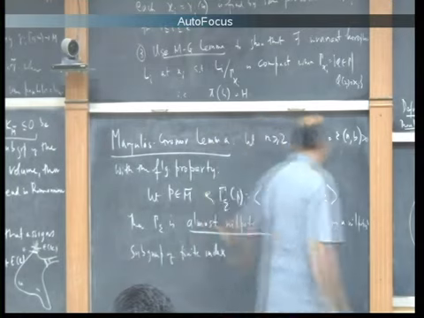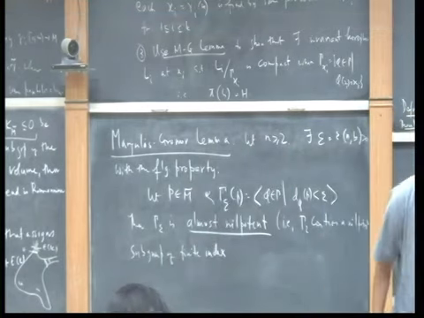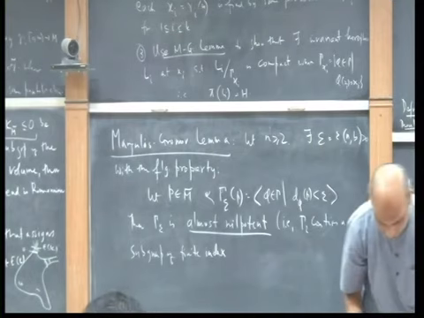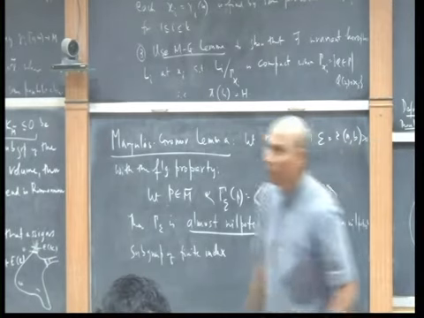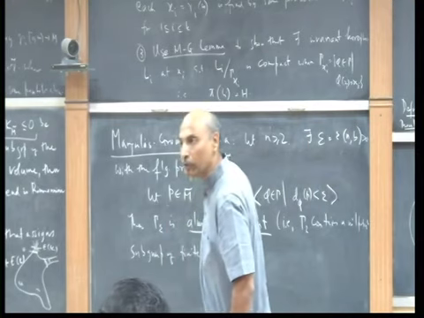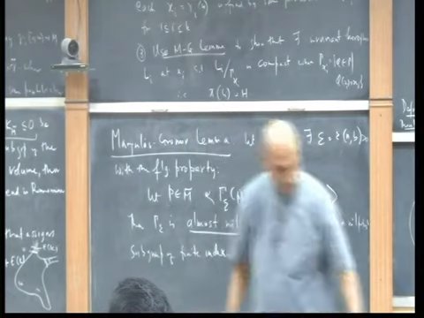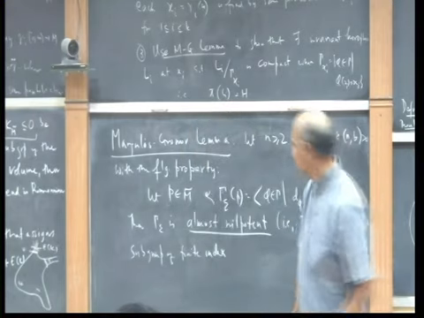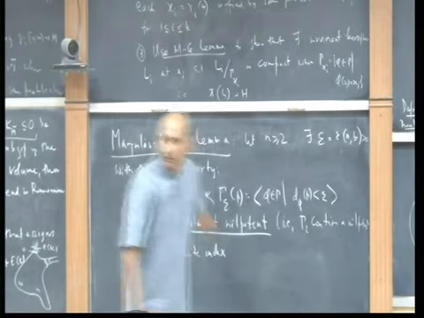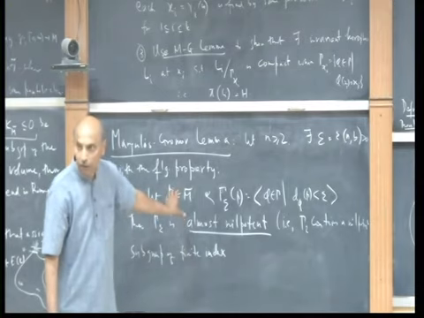This can be made a lot more explicit in the case of symmetric spaces, which I thought I would do, but I think I just have about 4 or 5 minutes. Sorry? Is it in the case of symmetric space? You could do it in the visibility manifold case also. In that setup you could do it, yeah. Let me spend a little bit of time to say what goes